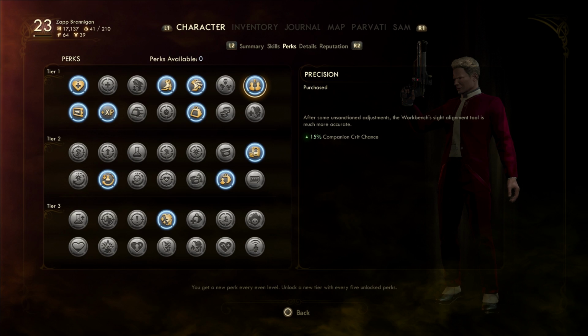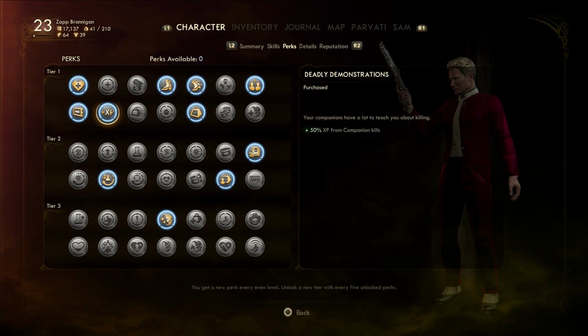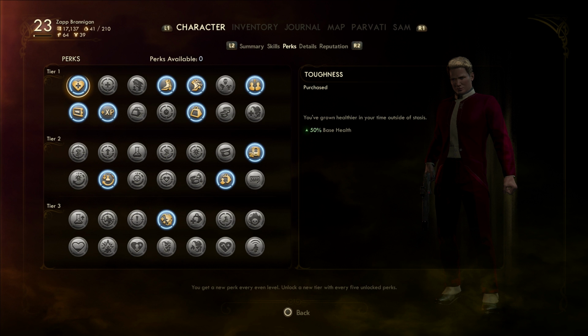From tier 1, you are going to definitely want precision, which increases companion crit chance by 15%, and you'll also want deadly demonstrations, which increases companion kill experience by 50%. If you make it so companions kill all the enemies you perhaps only weaken, then you'll effectively add 50% more XP to your combat experience, which helps you level up a lot. As you can see, I also chose toughness, because who doesn't love 50% more health,